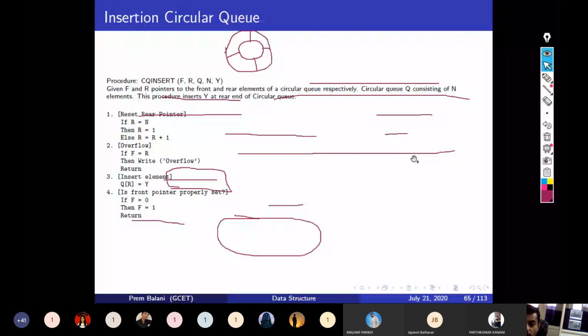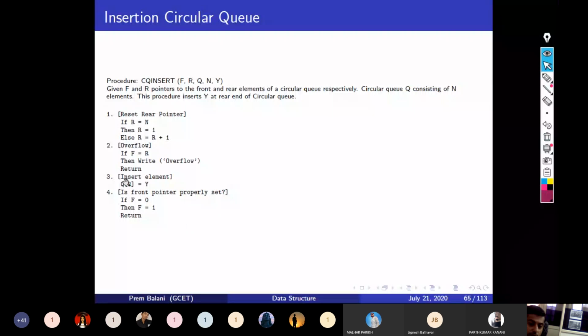So let's see the first algorithm of this circular queue: inserting in the circular queue. For that we are given 2 pointers.